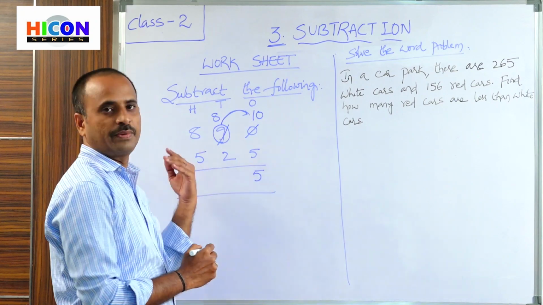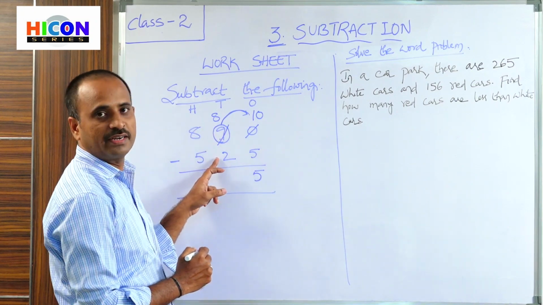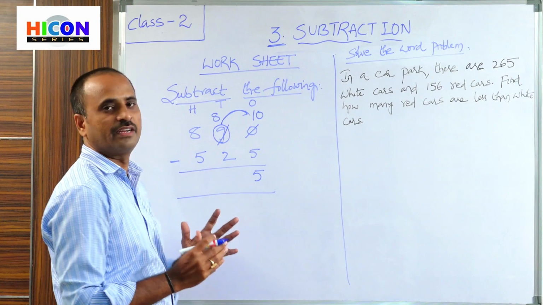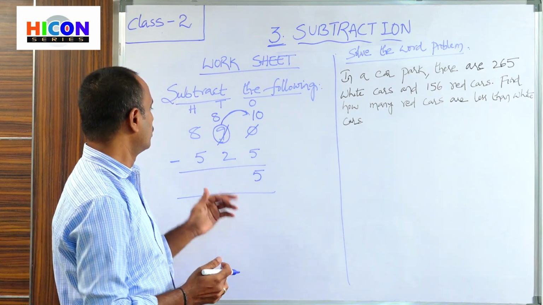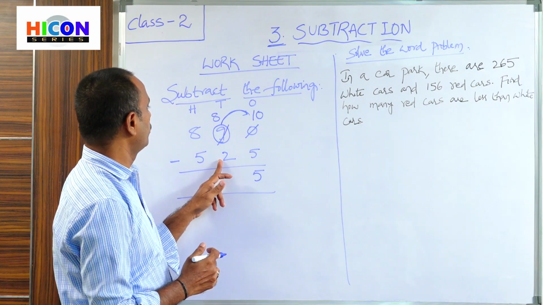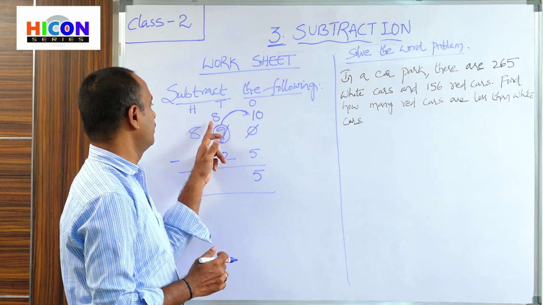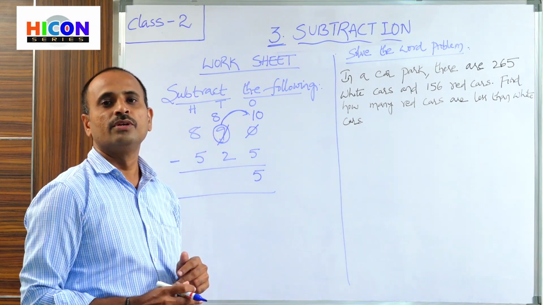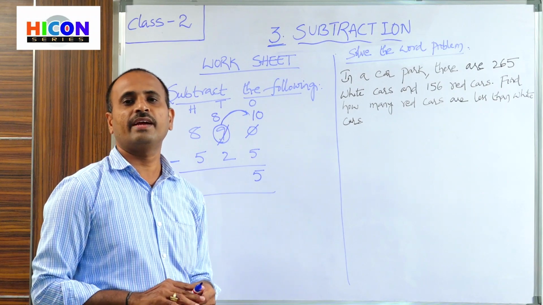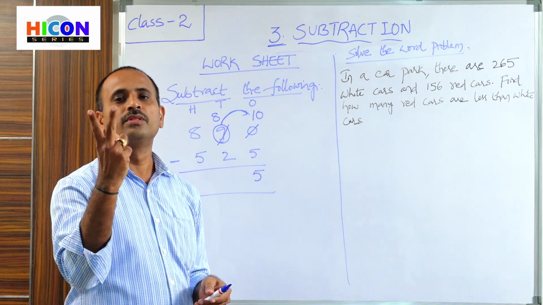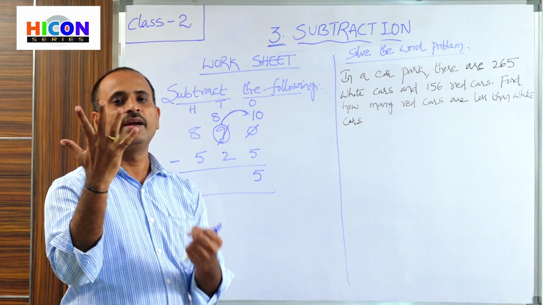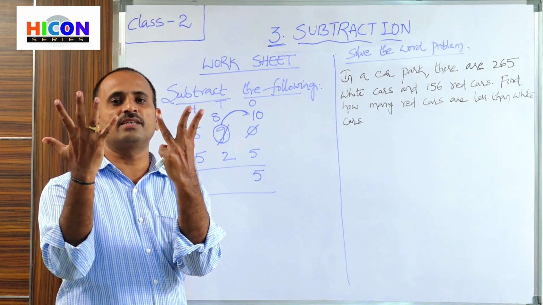So now go to the tens place. What are the digits present in the tens place? 8 and 2 are present in the tens place. So now do subtraction. Subtract 2 from 8. So the first number is 8, the second number is 2. So open 8 fingers of your hand. That is 1, 2, 3, 4, 5 and 6, 7, 8. So these are the 8 fingers.